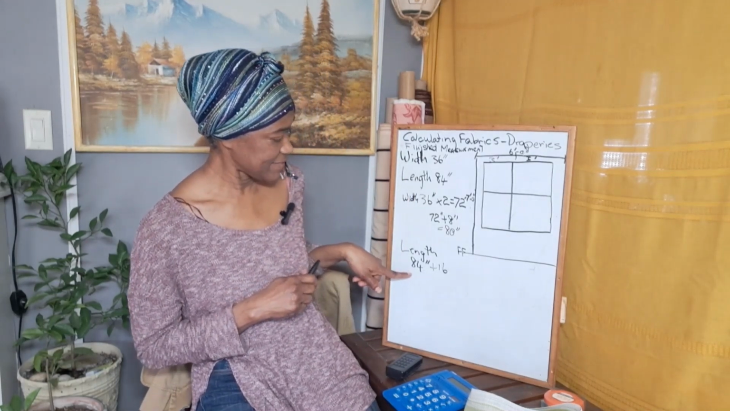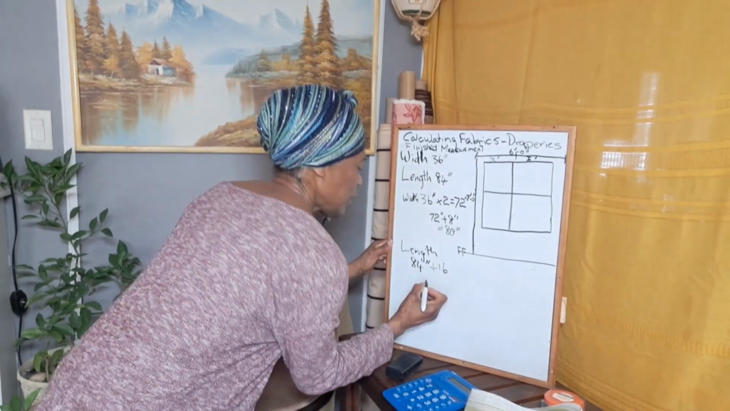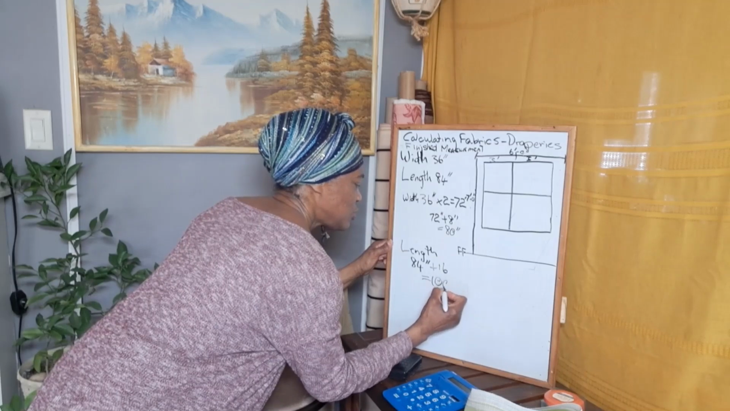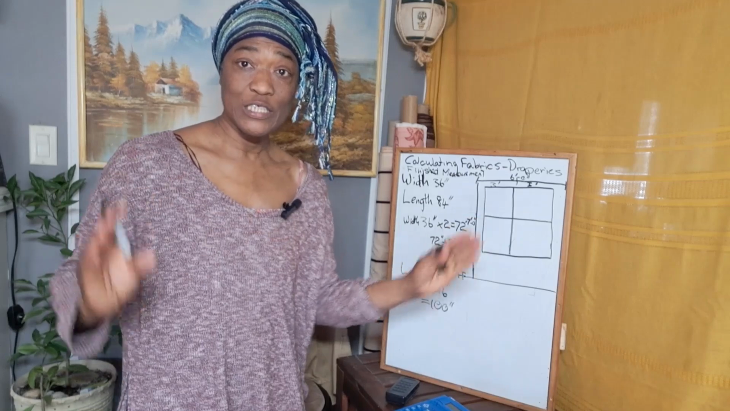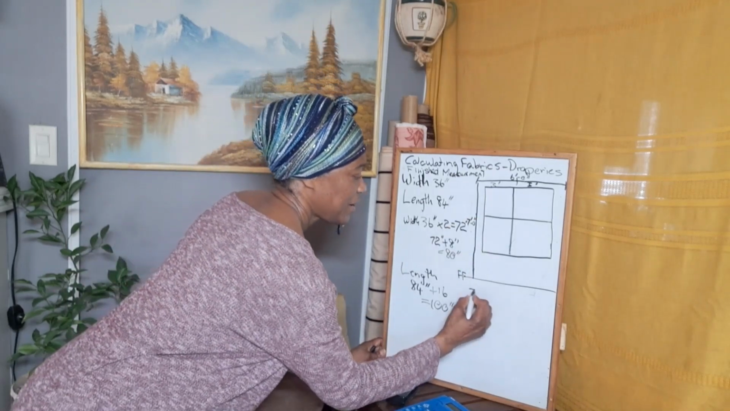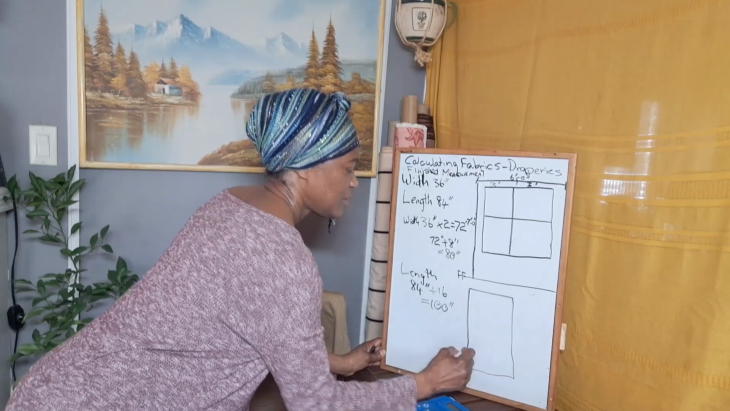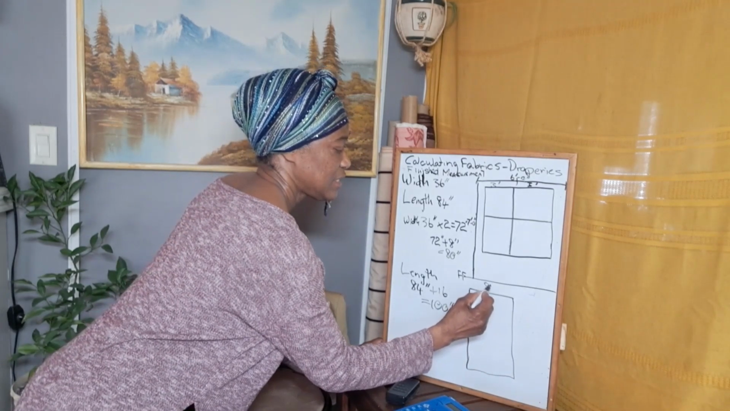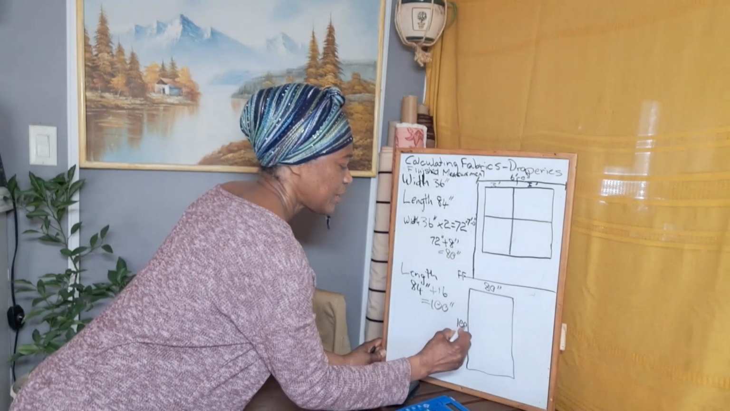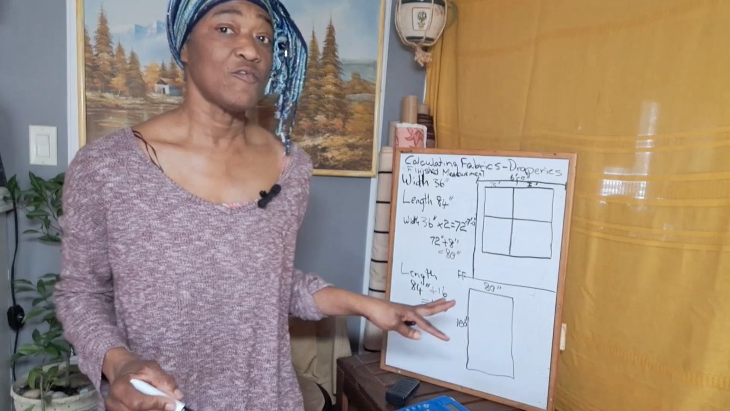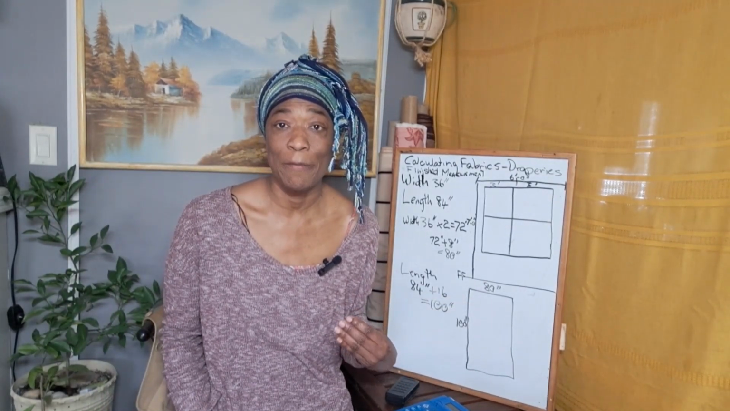So if we add 16 inches to 84 inches here, what do we get? We get 100 inches. Therefore, when we cut our panel, the panel will be, if that's the panel, it will be 80 inches times 100 inches long. Now, for you to be able to get your 80 inches, you may have to join panels,